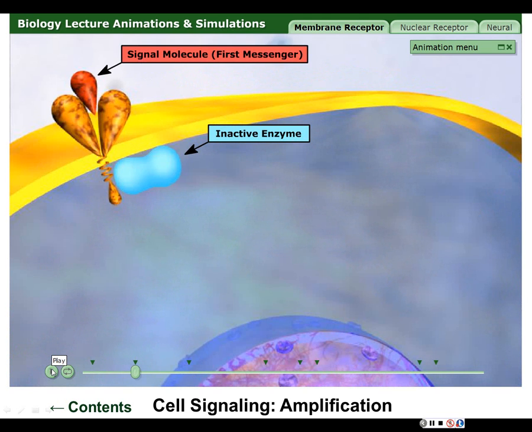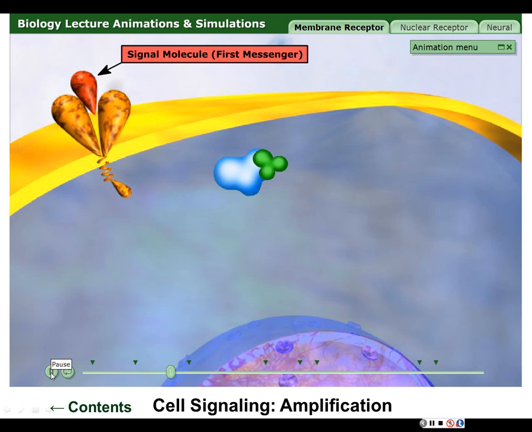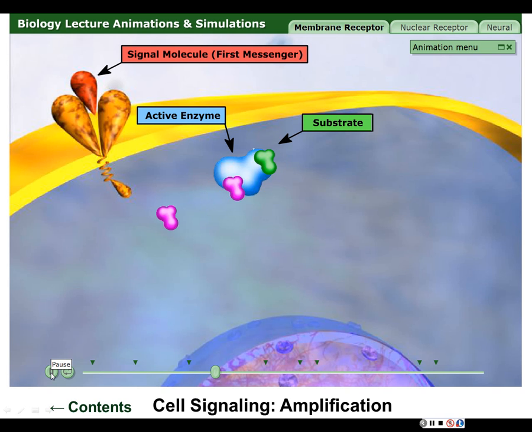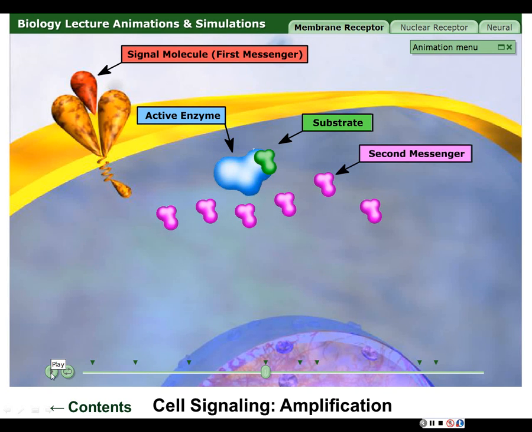What happens is once the first messenger, epinephrine, TSH, whatever, binds to its receptor, it can activate the second messenger system. It produces the second messenger. In the cyclic AMP pathway, the little purple things would be cyclic AMP. Can you see the amplification? It's not just one molecule of cyclic AMP. In this case, we have 6.